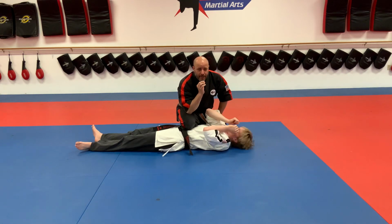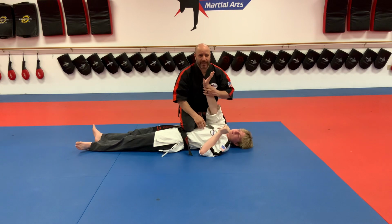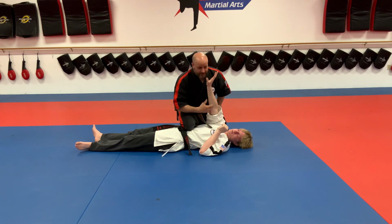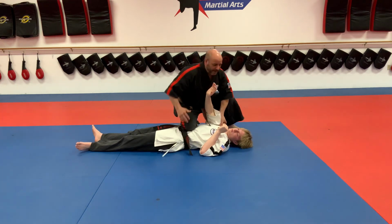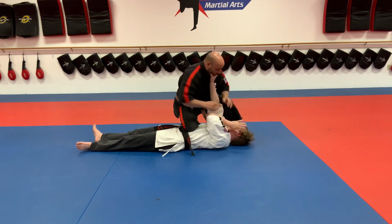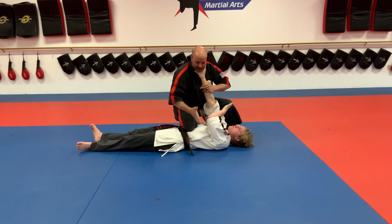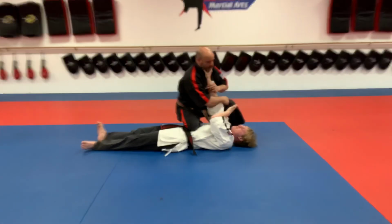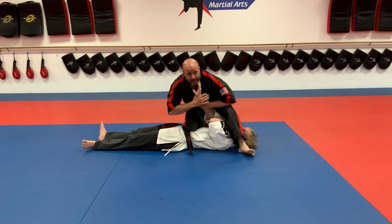A grappler, and hopefully a leading edge martial arts student, is not going to make this mistake of shoving this arm up like this to push me away, because he knows that I'm going to attack this arm. But the inexperienced person, in a street fight, might start doing that. So then you just grab this arm, keep my weight on his midsection, swing this leg around his head, I'm still on him, and I sit